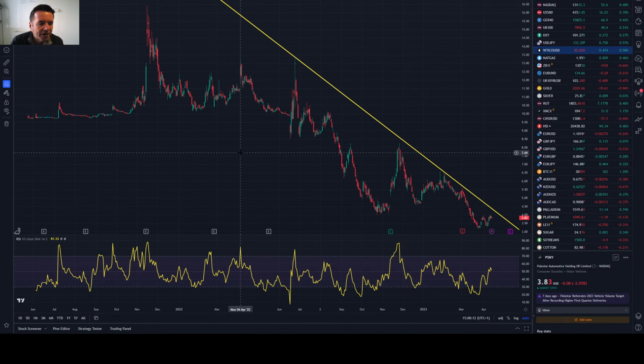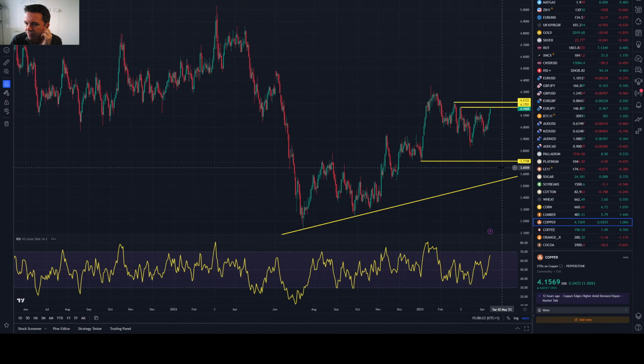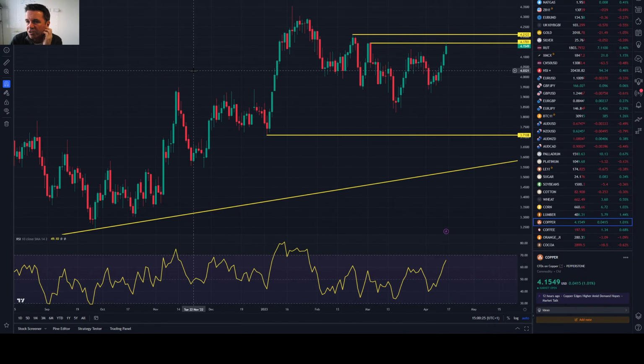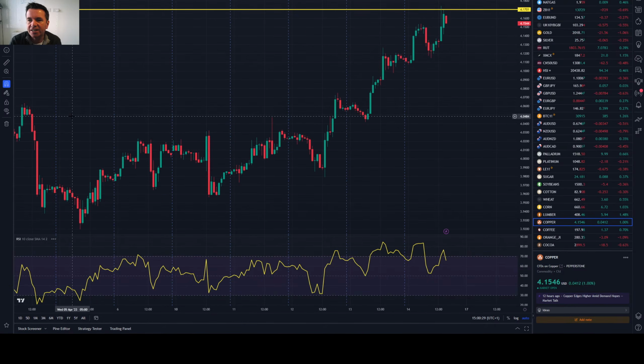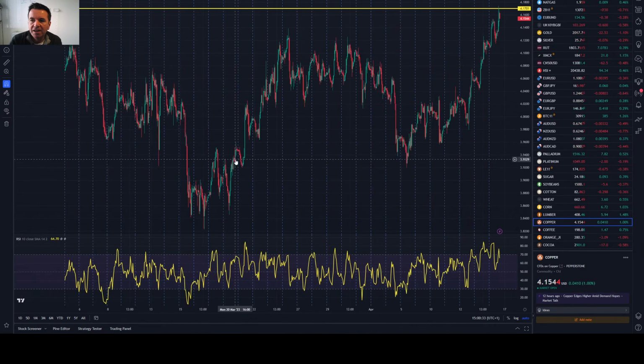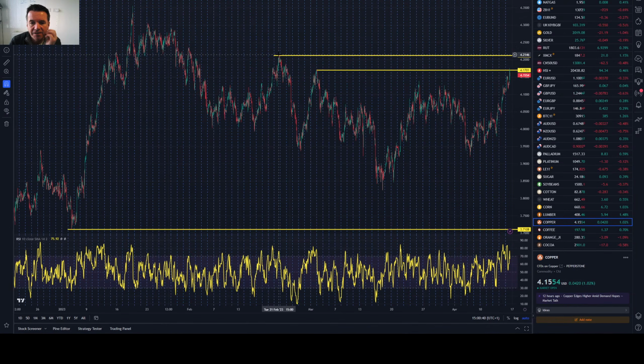I've got a copper short at 407, stop at 423. Let's have a look at that. Where's it gone? Copper. Well, if you've got a stop at 423, the thing is not to second guess yourself when you're in a trade. The market is strong. If you're happy with your stop at 423, then stick with it. It is above the previous high, isn't it? The high from whenever it is, Feb.